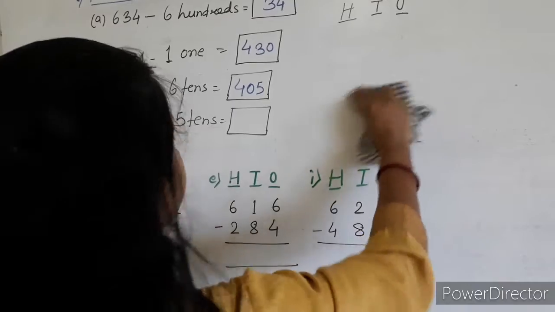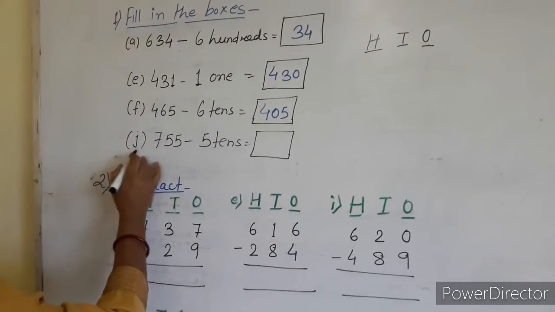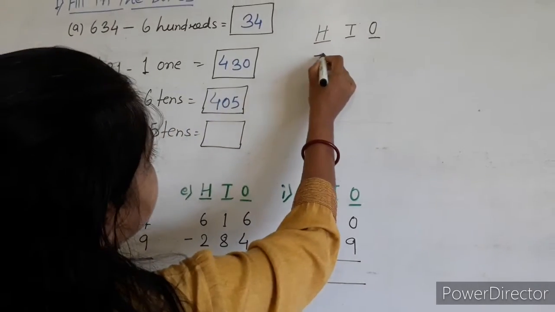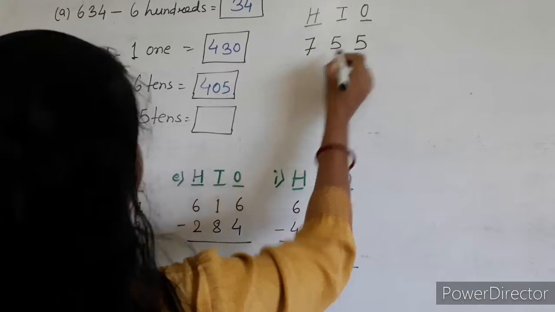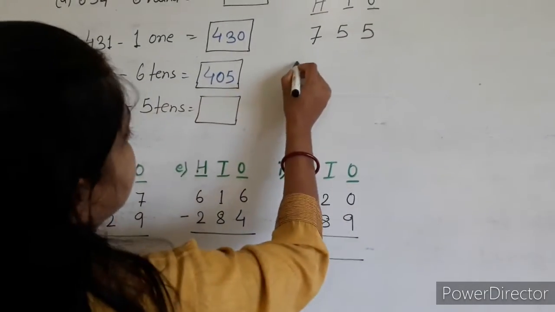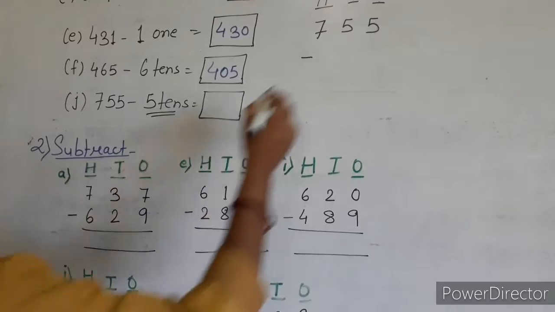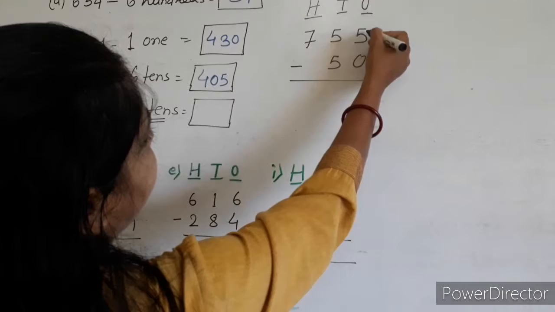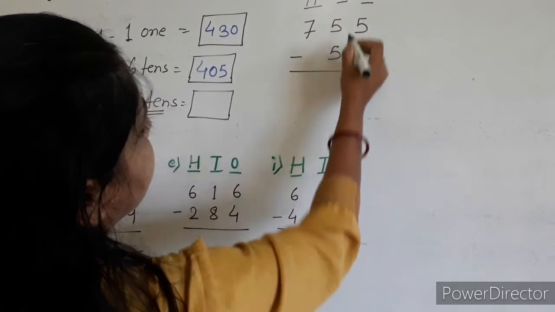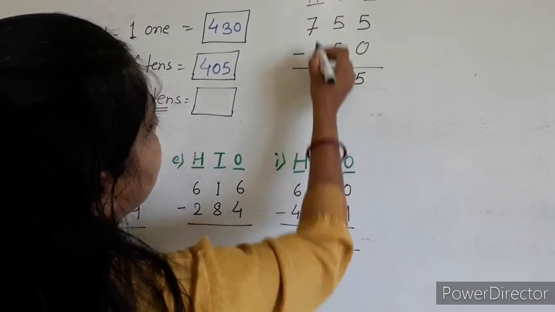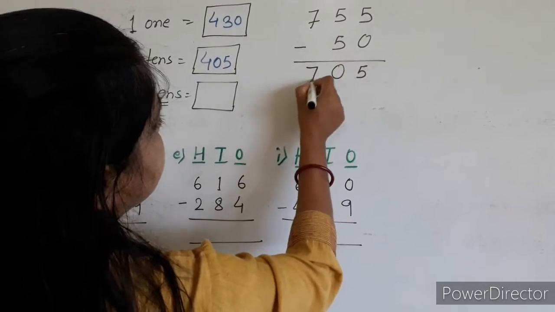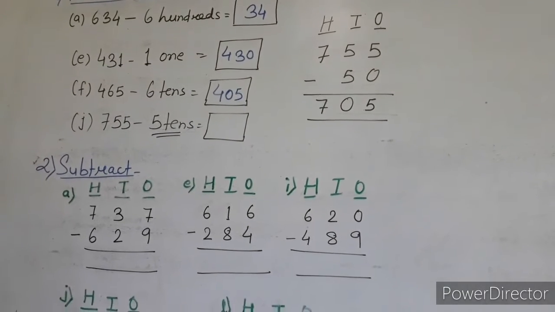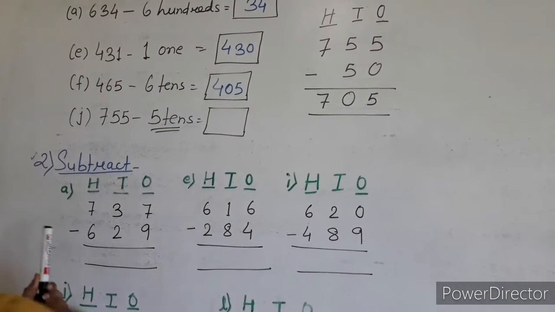Then the next number, J, 755 minus 5 tens. Write 755. This will be subtracted with 5 tens. Again 5 tens means 50. So write here 50. Subtract 5 minus 0 will be 5. 5 minus 5 is 0, and 7 minus nothing, so the same number will come down. I hope all of you understood this one. The answer will be